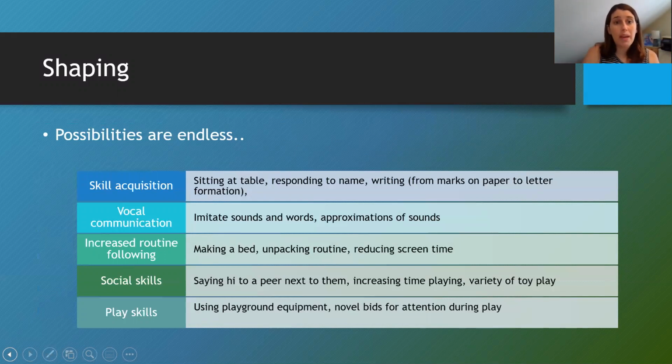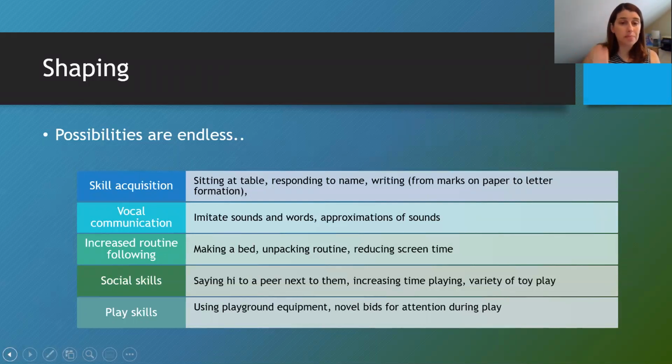So you can use shaping in skill acquisition, from sitting at a table to responding to name, writing, creating marks on a paper, to actual letter formation. Vocal communication can be imitating sounds and words, and expecting approximations of sounds versus words. So some students in your class might be able to say hi. Some students might just be able to say a sound, and you can work on expecting that, but then always reaching higher